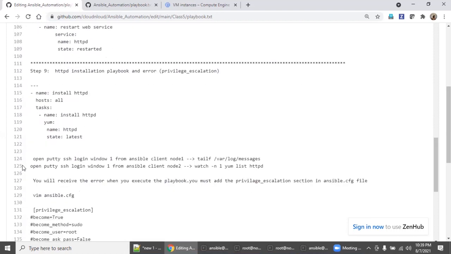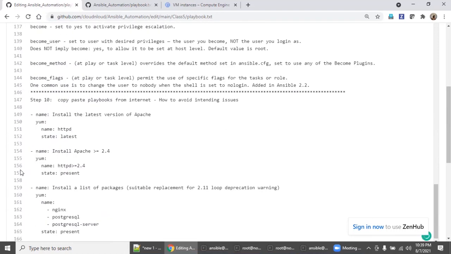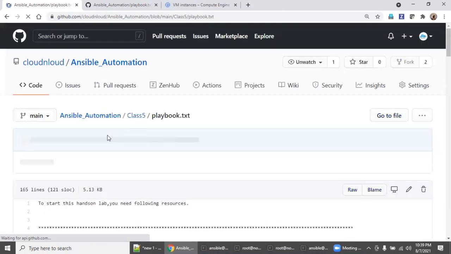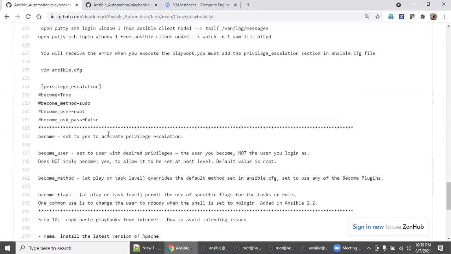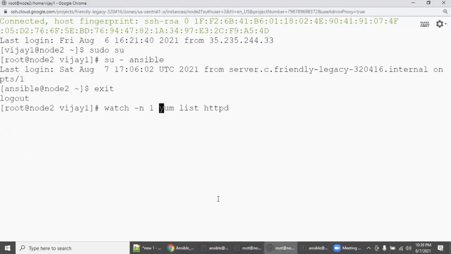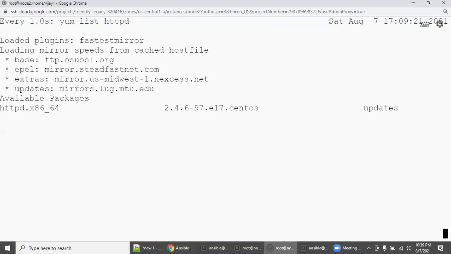This will make sure that when you run, it shows it's not installed and it will throw the error. You need to see the error, then only if I execute, it will be easy for you to understand. So I'm just going to enter it. It's showing available only because it's not installed.